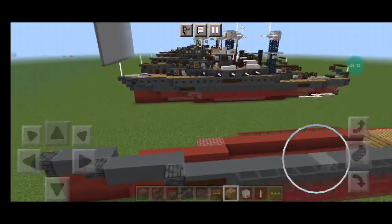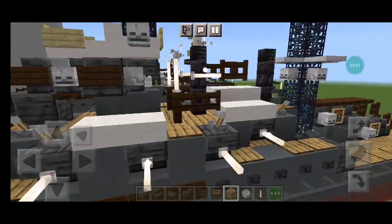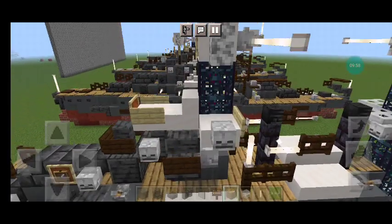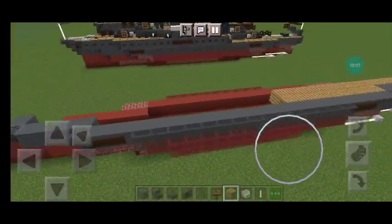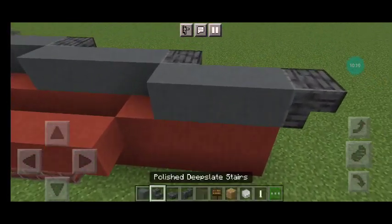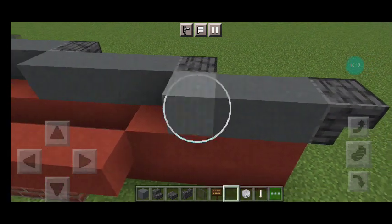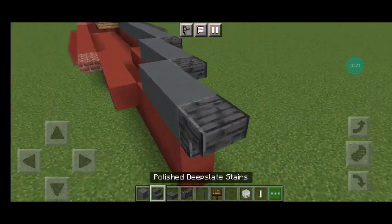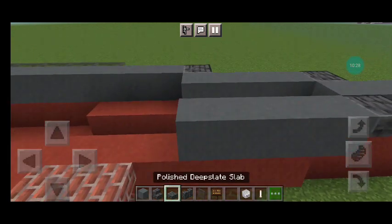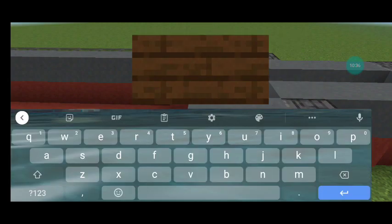Everything else would use birch for the guns, superstructure, stuff like that. Also, in place of the upper superstructure as well. Overall. And moving on to our next layer, we want 3 cyan terracotta, 3 cyan terracotta with a polished deep slate stair on the front, and then a polished deep slate slab on the back. And then you want 1, 2, 3, 4 cyan terracotta, and a polished deep slate stair, and then 1, 2 cyan terracotta with